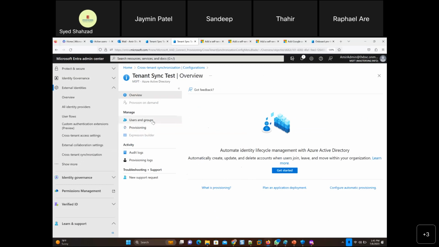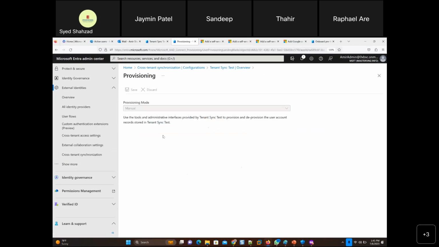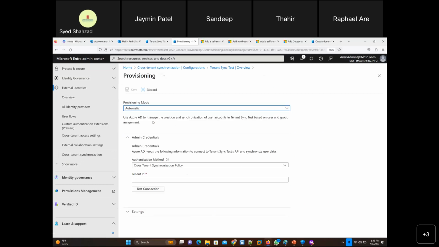There are users and groups here. If I go to get started here, use the tools and administrative interfaces provided by tenancy test to provision and deprovision the user account records stored in tenancy test. So they're just saying you can do it manually or automatically. If you go to automatic, then it asks what the tenant ID is and to test the connection between that tenant.